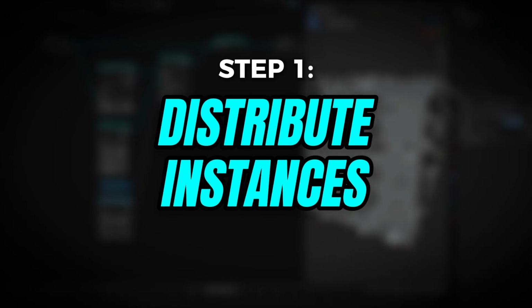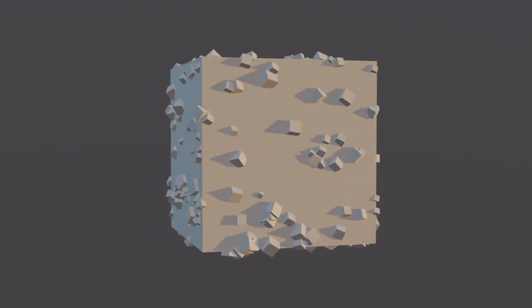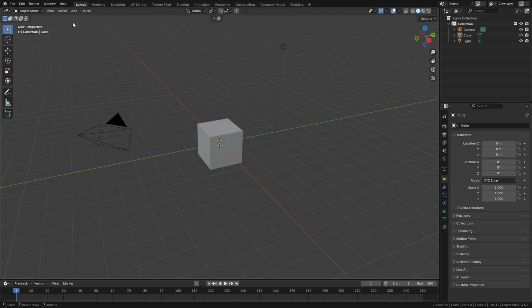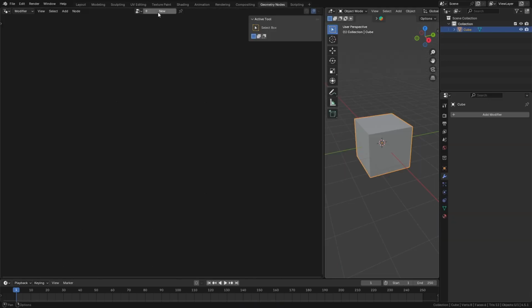Step 1. Distribute instances. So at first we will add a cube, next we will scatter some points on the cube, then we will put some cube instances on the points, and then we will just randomize the scale and rotation. Create a new project, delete the default cube, add a cube, go to geometry nodes, create a new geometry node setup,